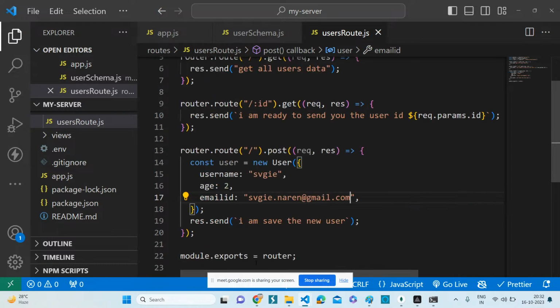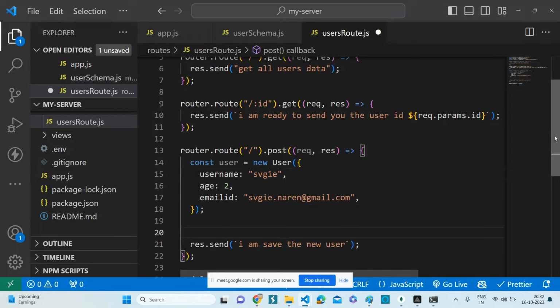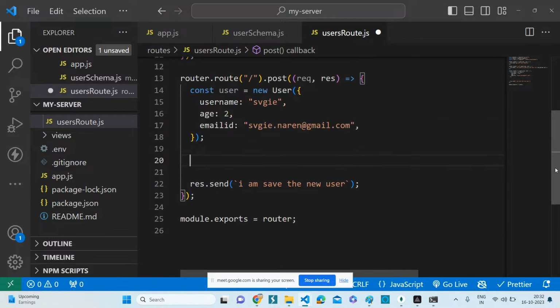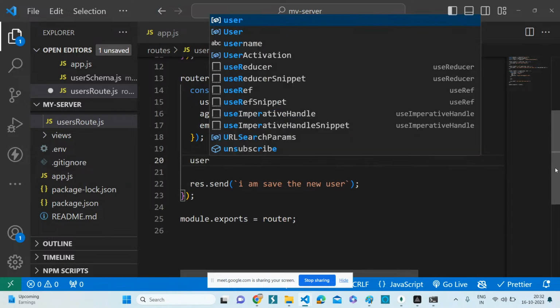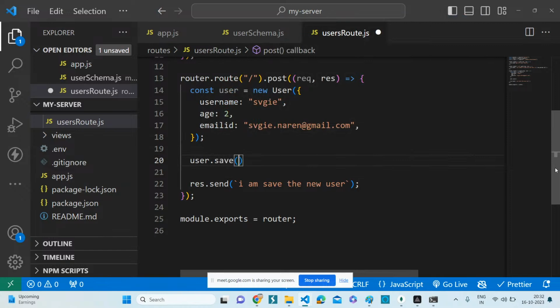This is my data, but I want to save this data to a MongoDB. Okay. So it's a very simple thing. Don't worry. The last step. Simple. This user dot save. That's it. So if you hit user dot save, it is already following the schema